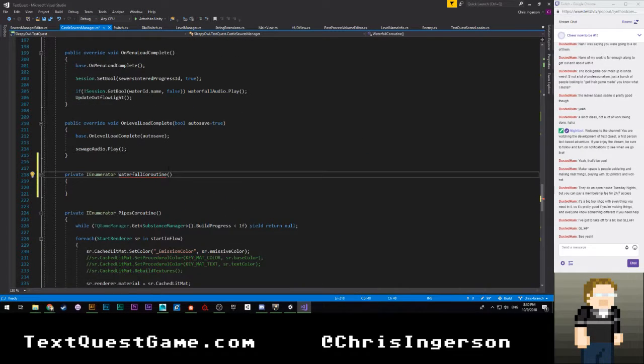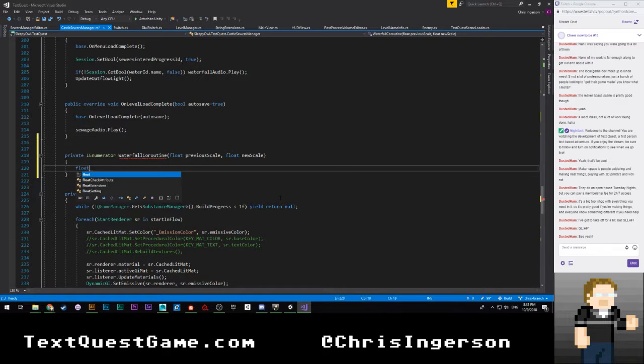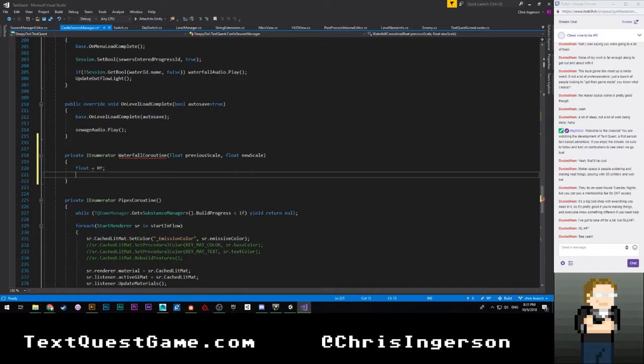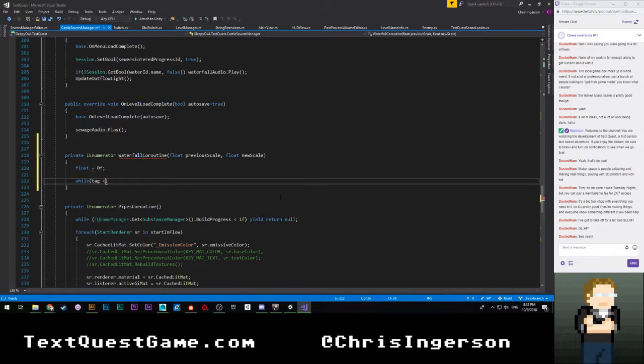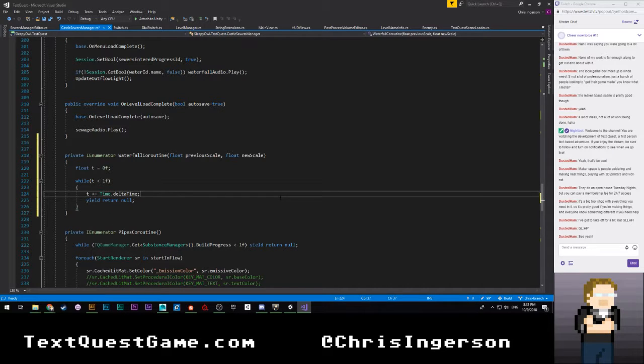So we're gonna come back to here. We're gonna say float previous, float new. Current. Oh, geez, these are terrible names. So we'll say new scale or sackle scale. Previous scale. Okay. And then we're just gonna say float t equals 0f. While t is less than 1f, we are going to do this. We're going to say yield return null, t plus equals time dot delta time, and we're going to say